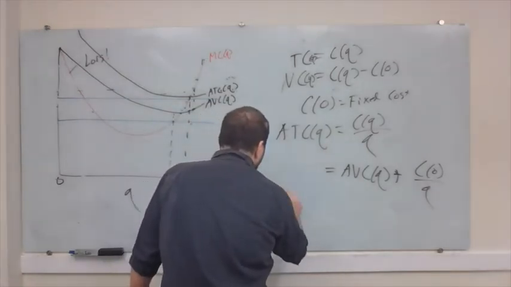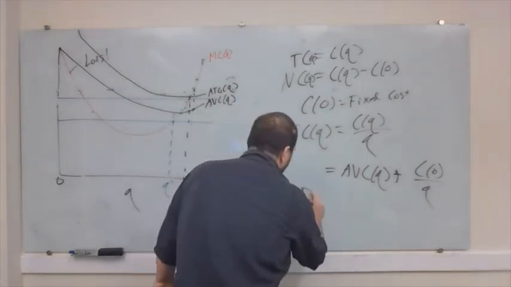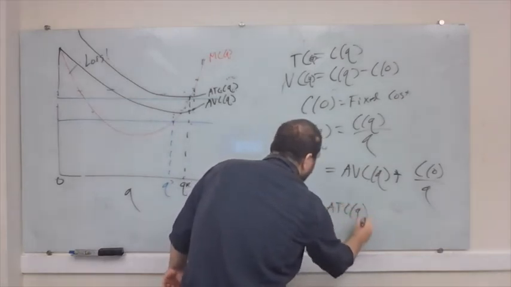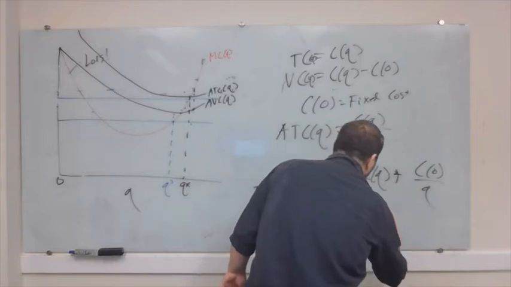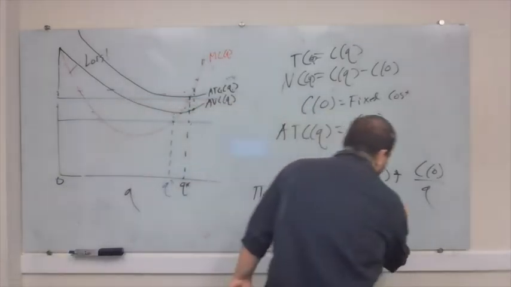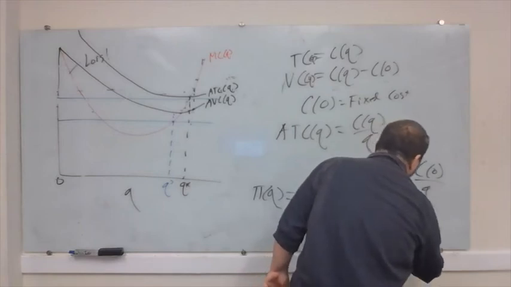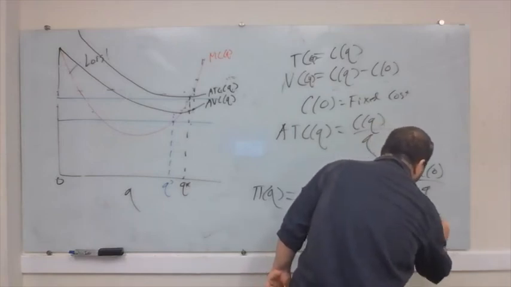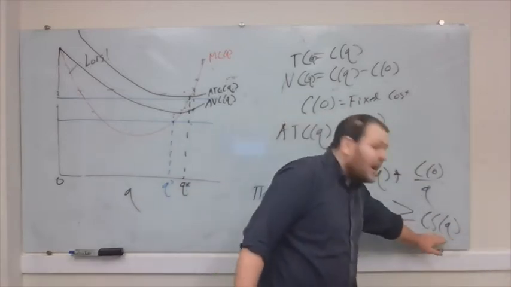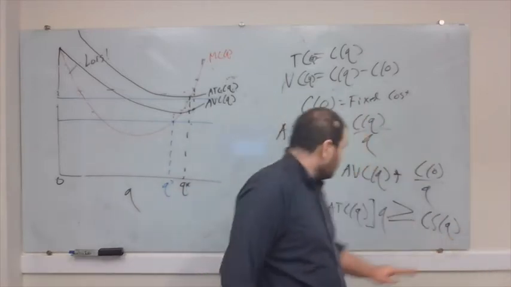Our profit is going to be price minus average total cost times Q. And it's going to be greater than our consumer surplus, or equal if we don't have any fixed costs, because of the fact that fixed costs don't play a role in calculating consumer surplus, do play a role in